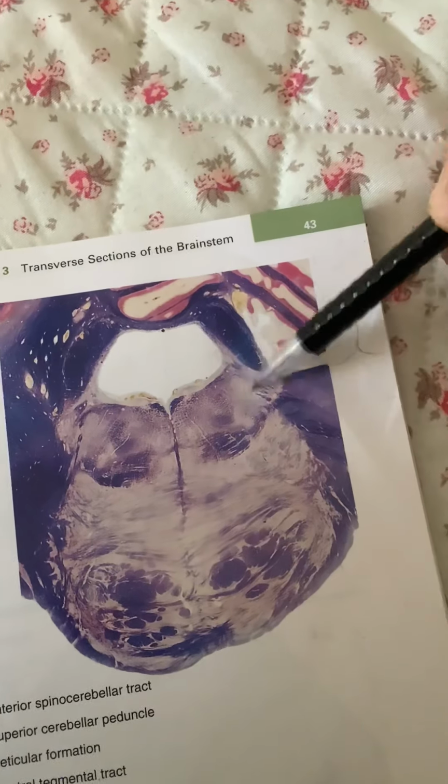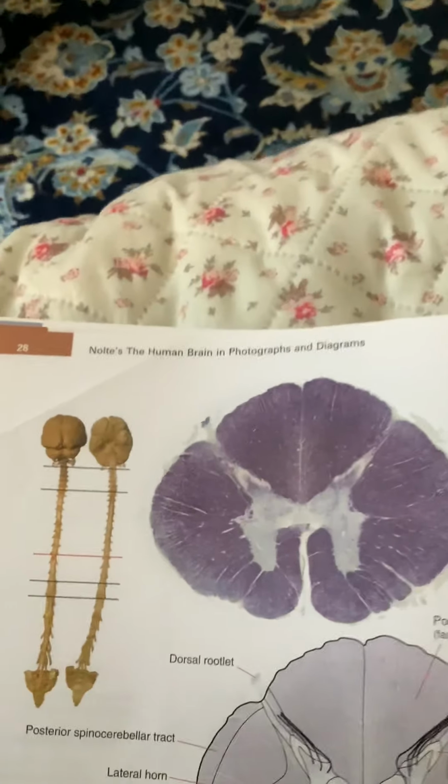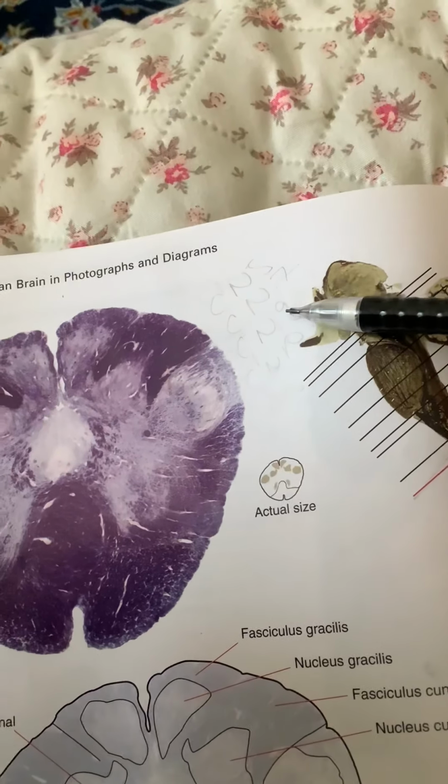This here is the motor nucleus of trigeminal, which innervates the muscles of mastication. And we said the spinal nucleus is concerned with pain, temperature and crude touch in the head, and it's shared by trigeminal, facial, glossopharyngeal